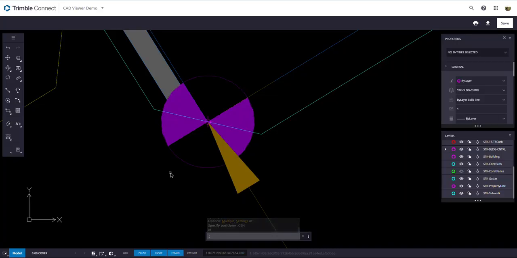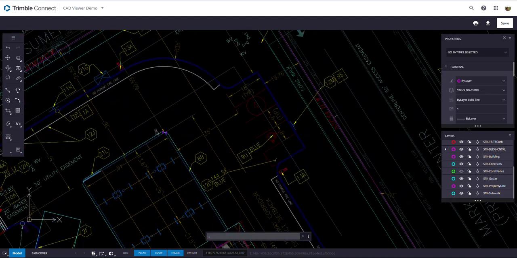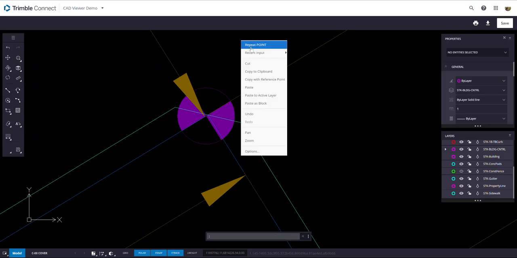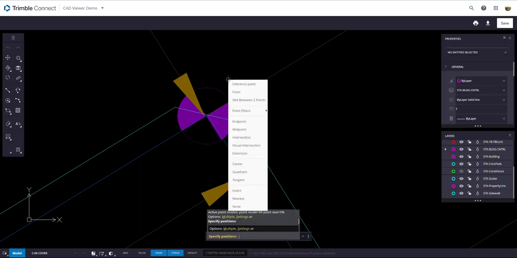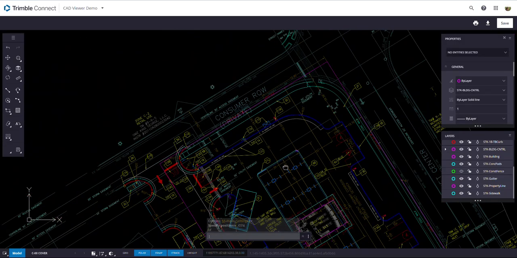Now we probably could have picked multiple, and that would let us pick multiple points, but we'll go ahead and do this last one that's up in this corner over here. So I'm just going to right click, repeat point, shift right click, center, and we'll grab that point right there. And now when we zoom out,